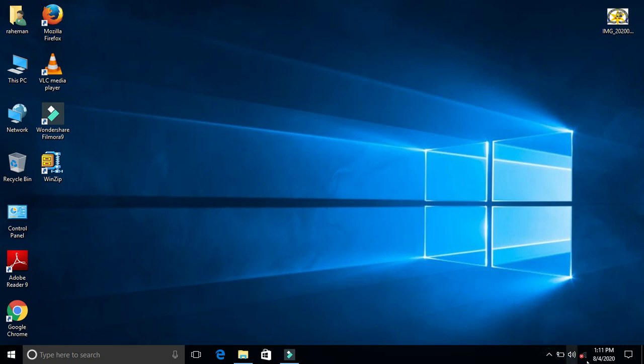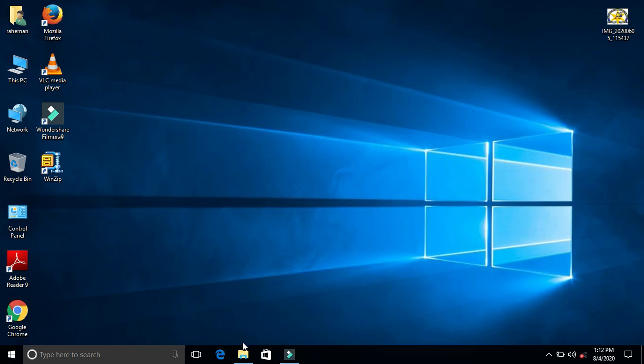This is known as the clock, and this is the system tray, where you can keep multiple things. It can be customized by the user. You can keep anything. For example, I have kept here WinZip, Defender, multiple things I have kept over here. So this is the system tray, and this is a notification place. And this is a clock with the date, and here is the desktop.